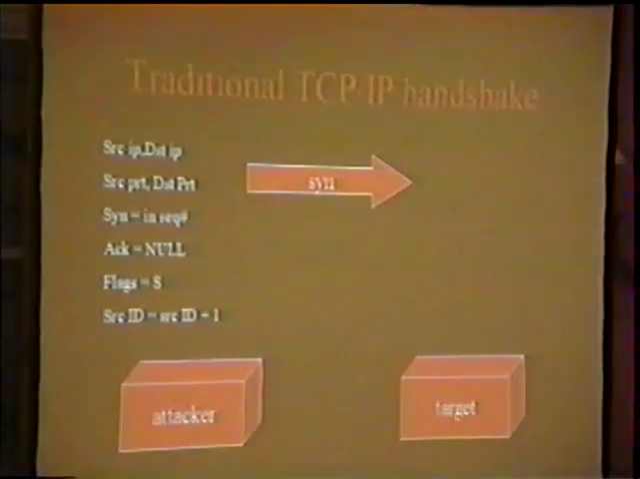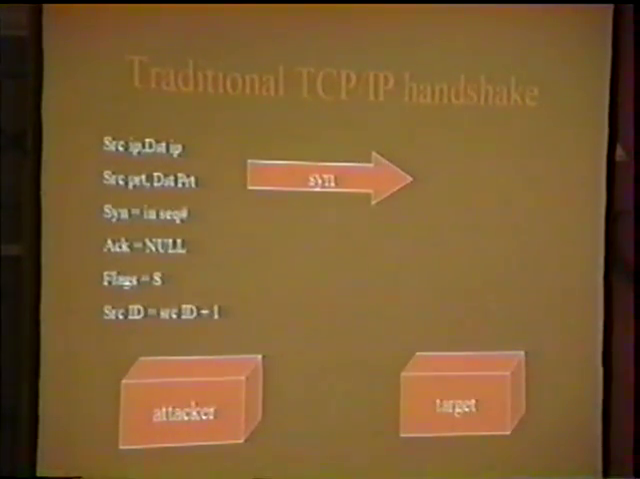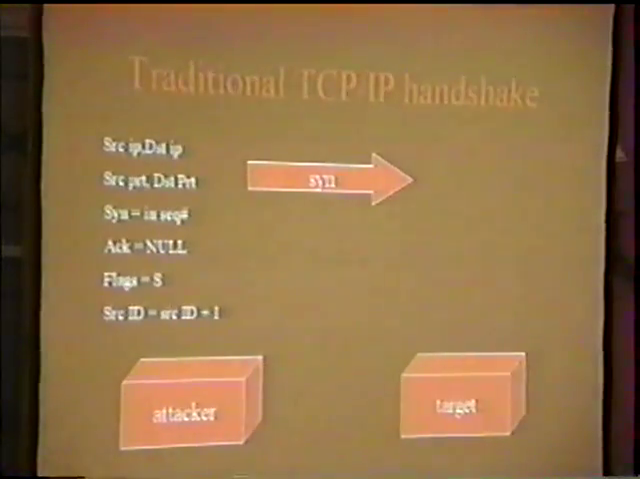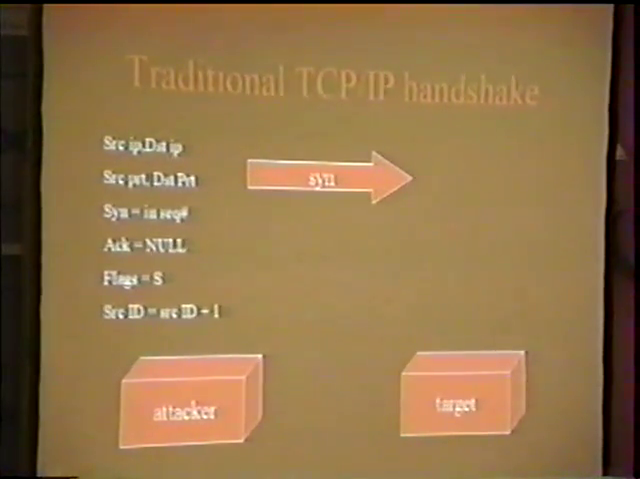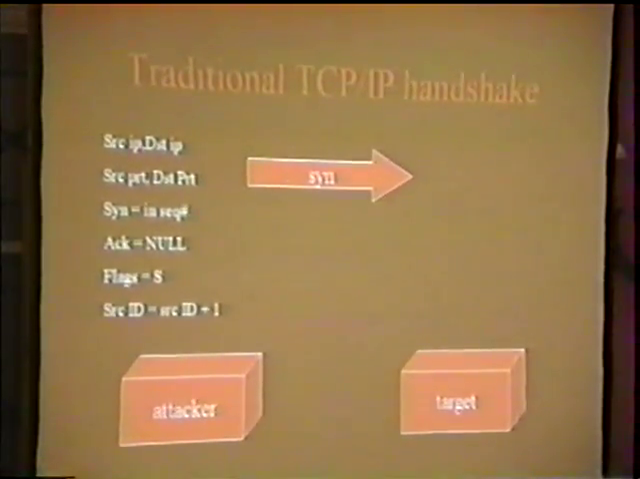Basically, when you start by doing a traditional TCP/IP handshake, you start by sending source IP, destination IP. You have the source port and destination port. You send the SYN, which equals the initial sequence number. That is just an incrementing thing. The ID number is sort of the same. And you send a 0 ACK and a flag S. And then your server